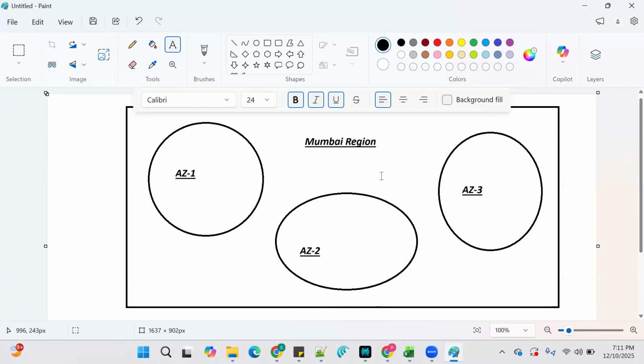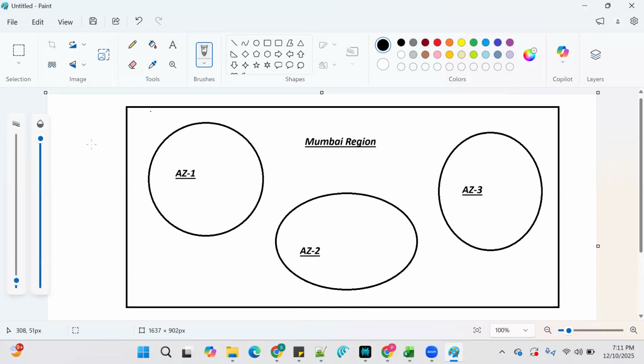Entire is a Mumbai region, right? And whatever data we are storing into Snowflake, that data will go and be stored in all these three availability zones, right? Whatever table data you are loading will be stored in three availability